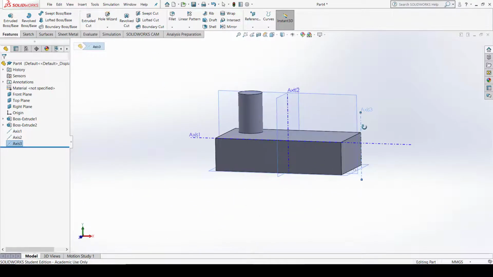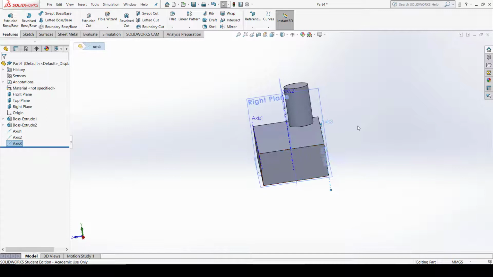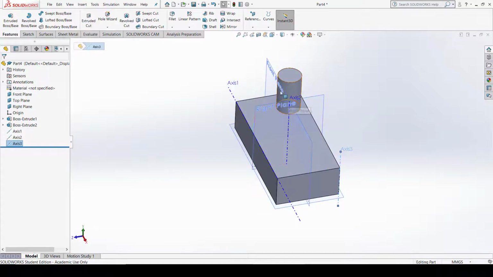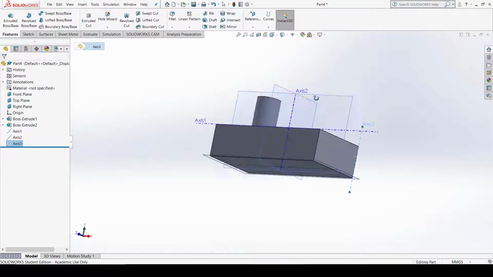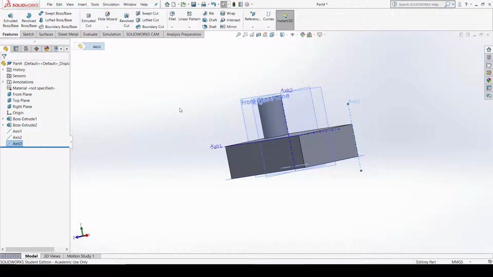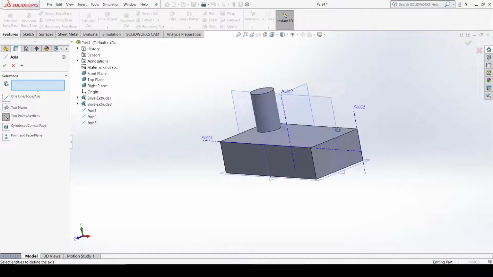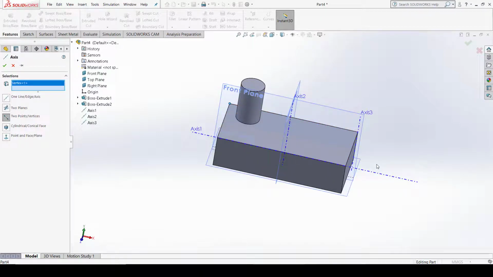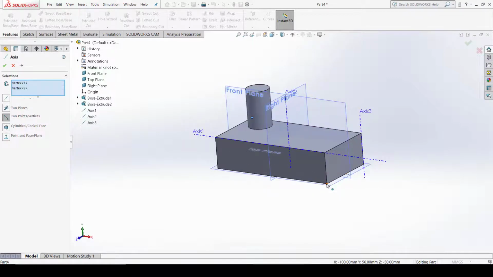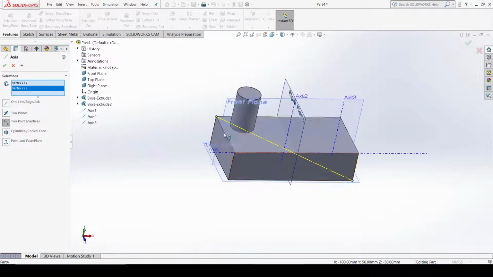Click OK. You can expand this line or axis to add much value as per your requirement. So this is how you can create the axis with the two plane options, or you can also create the axis with these two planes also, which are intersecting at this line which is at center of these two planes. Okay, again go to reference, select the axis option. Third is your 2 point or vertex axis. So if I just select the 2 points on this component, let us say the first point is here and the second point is here. An axis is created between these 2 points, so that's why it is called 2 point axis.